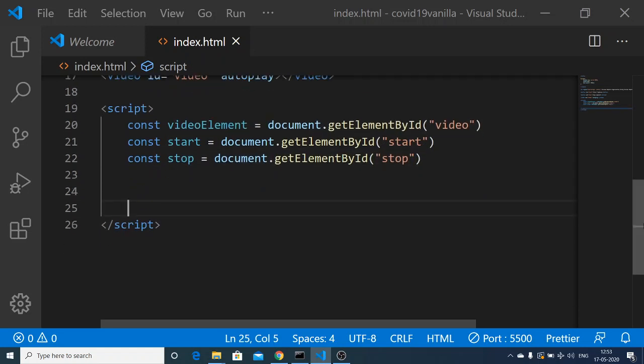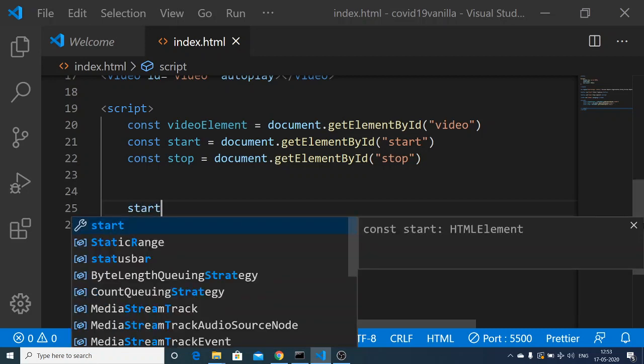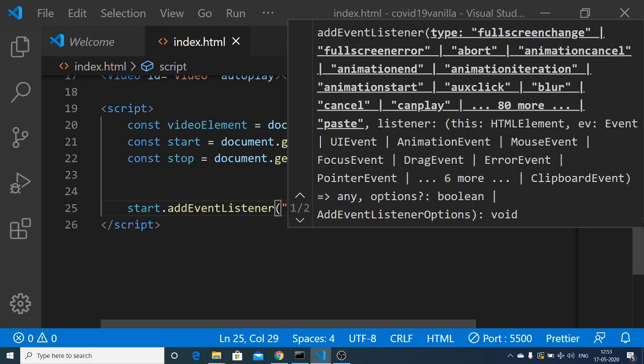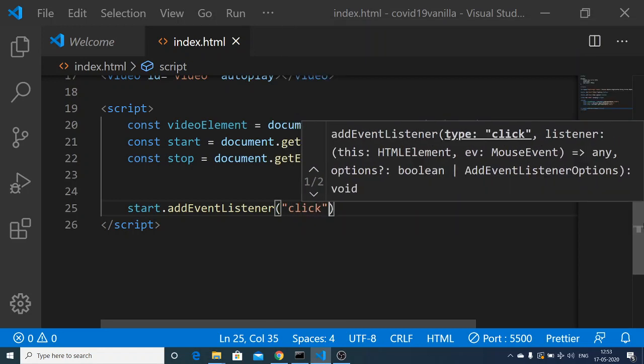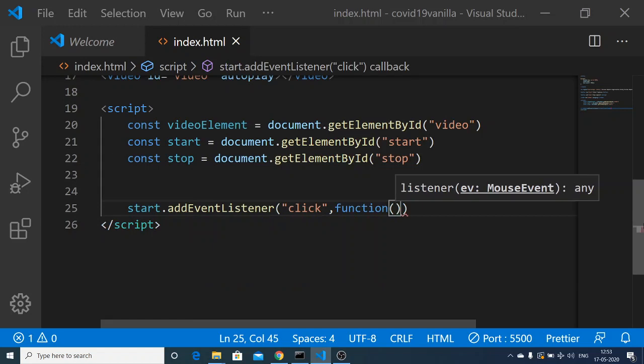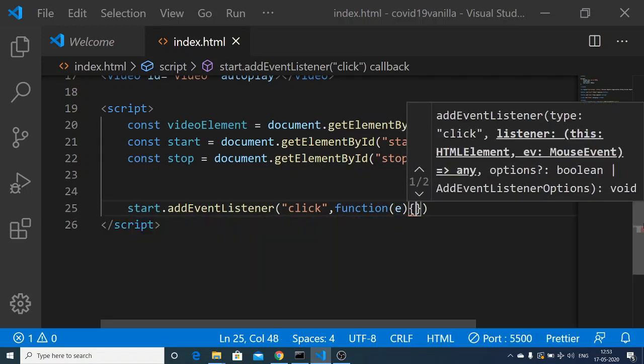Now we will be attaching the event listener to the buttons. First we will attach to the start button, so start.addEventListener. When we click this button, this function will execute holding the event object.